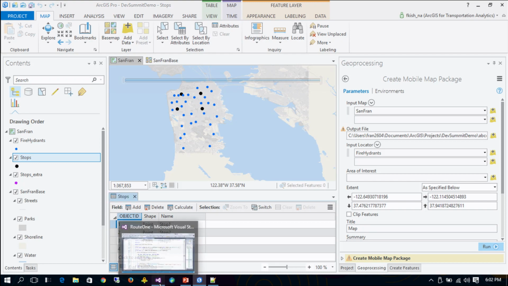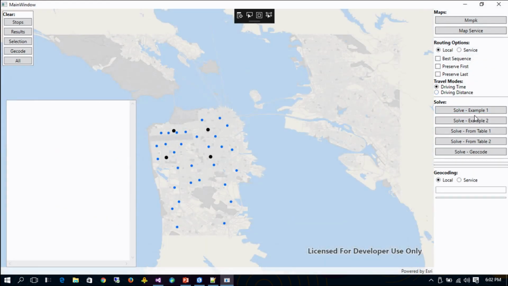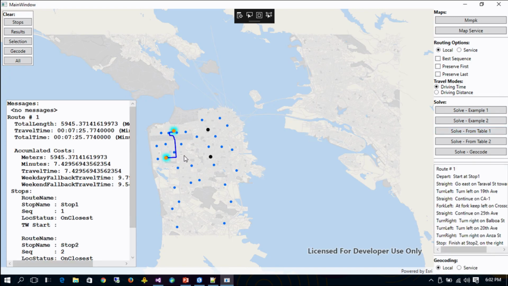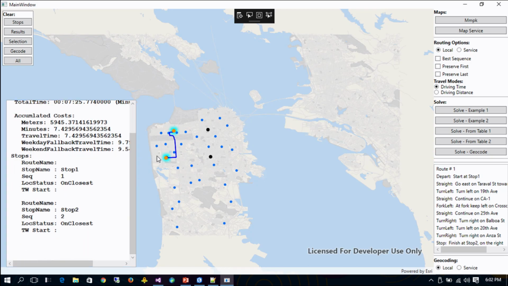So if we go back to this particular one, I solve using the values from this particular table. So I've pulled the stops out of that table and I've solved. Now I'm only using two of these stops,